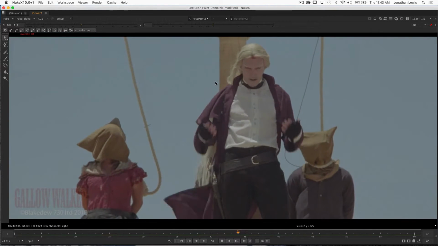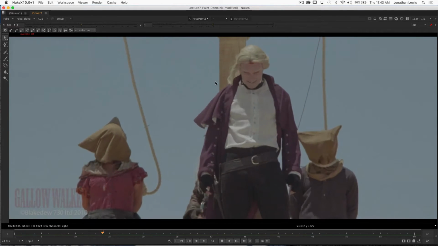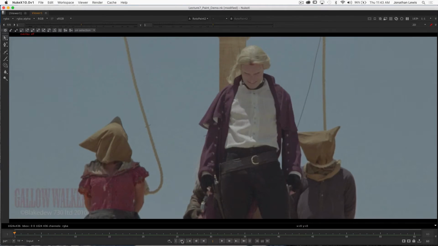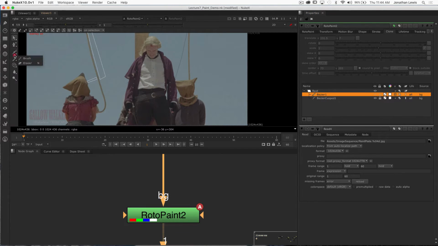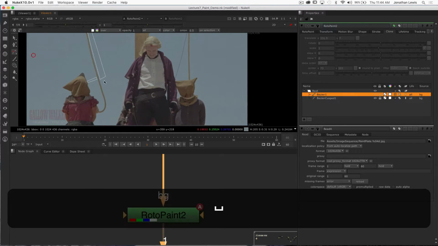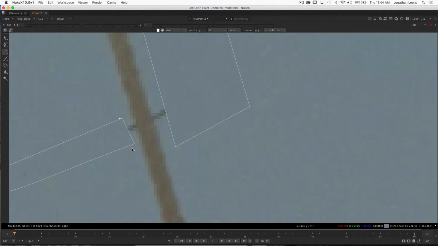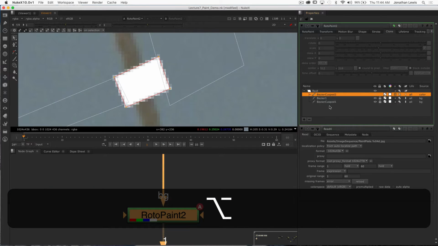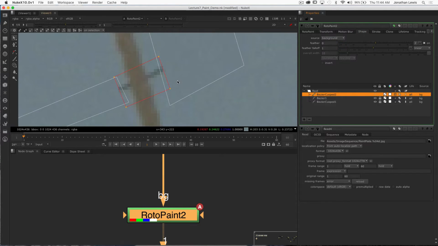Okay. So again, we've got that one area that we need to fix here in the rope. It's the same process. We're just going to lock this guy, create a new shape, and again, I'll do a cusp Bezier for this. And we'll just do something like this. Now you're going to overlap, and when you overlap, you start exposing more of the wire, right? Because of this layering hierarchy. So we'll source the background again